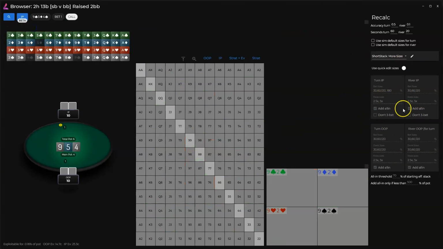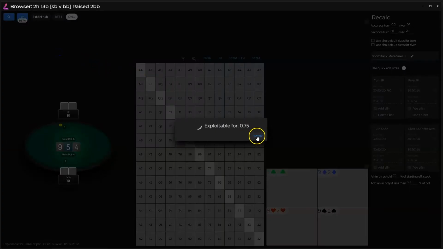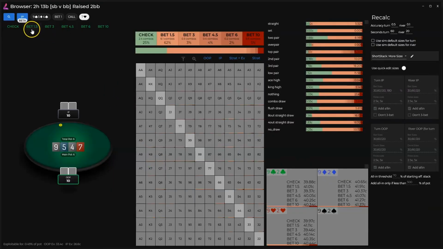Finally, we'll take a quick look at these quick edit sizes. Now, this can be quite intimidating once you're first using the program, and the truth is that you don't necessarily need to use these if you don't want to. So you can stick to the sizes that Lucid has already in the program. So you can see here, this is the more sizes where you have an option for multiple sizes. So for example, if we pick a turn, we can click solve as follows, and we have multiple sizes that